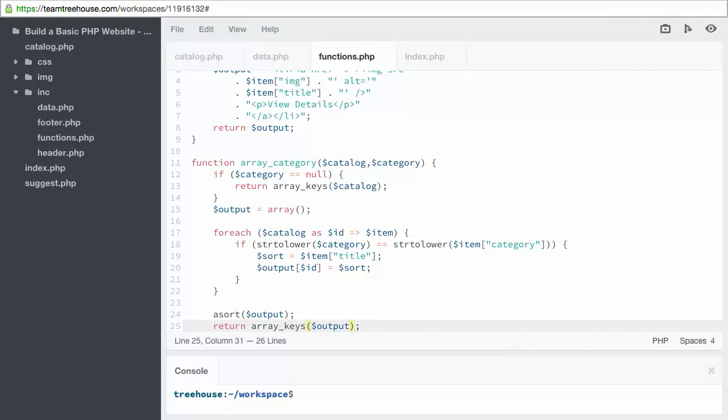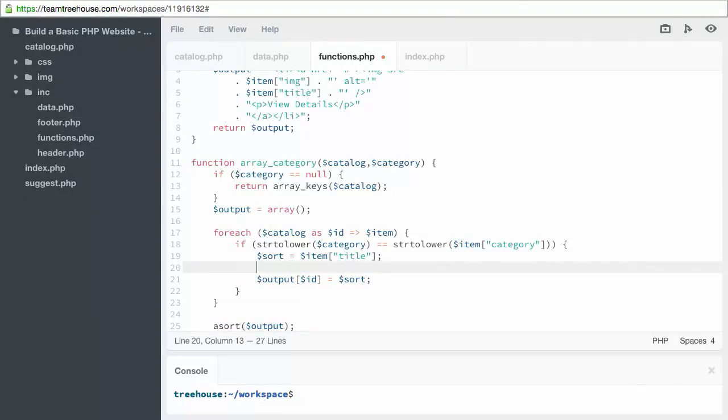We want to remove or trim any the, a, or an from the beginning of our sort. To do this, we'll use another built-in function, ltrim, meaning trim from the left. After setting the variable for sort, let's add the following line. Sort equals ltrim sort